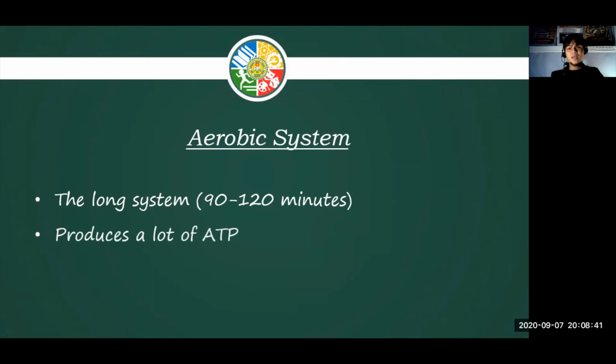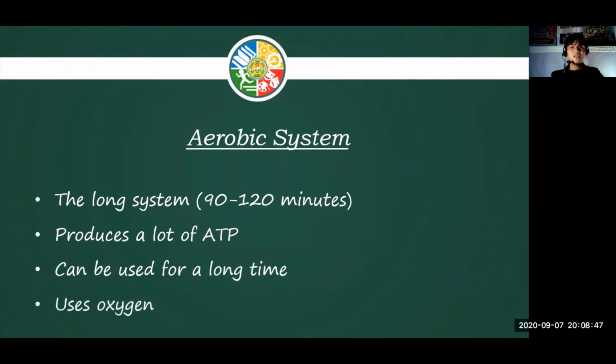It produces a lot of ATP or energy because it can be used for a long period of time and it uses oxygen. Of course, kung kabantay mo from the among the three si aerobic system ra ang gagamit og oxygen. Kaning oxygen it refers to kung sa Bisaya pa kana bitong hangakon ta, importante man gud nga hangakon ta because it is our body's normal way of adjusting. So if hangakon ta, that is good because our body is trying to adjust or cope up with the heavy activity that we are performing. And because of that, it tends to try to adapt so that we can maintain or last for a longer